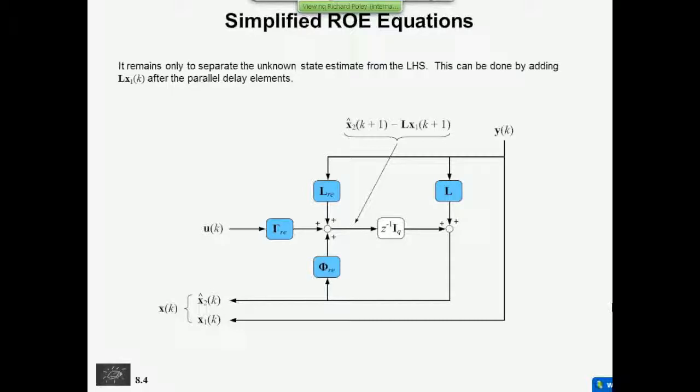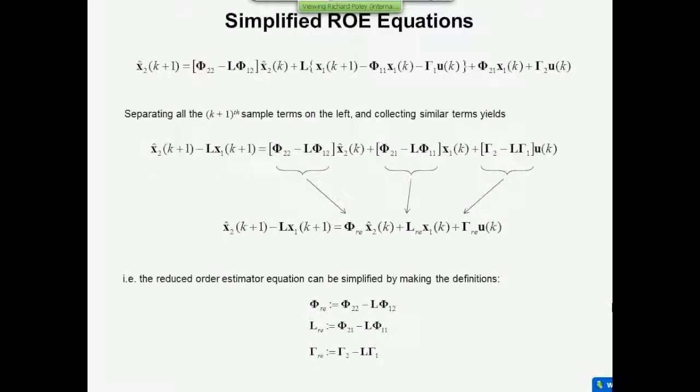So you've got this. One other thing I forgot to tell you is that this term here appears in the k plus 1 interval just like that does. So I've taken it over onto the left and said x2 at k plus 1 minus Lx1 of k plus 1. Remember, x1 is measured. This looks a little bit strange at the moment because you've got two terms on the left, and until now we've been dealing with a difference equation with only one. But because you know that, you can calculate what this term is and then add that in later,